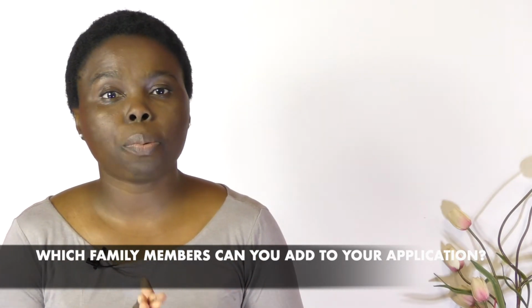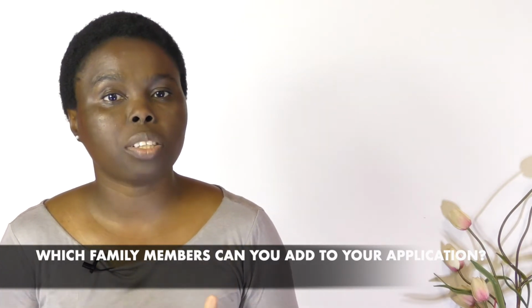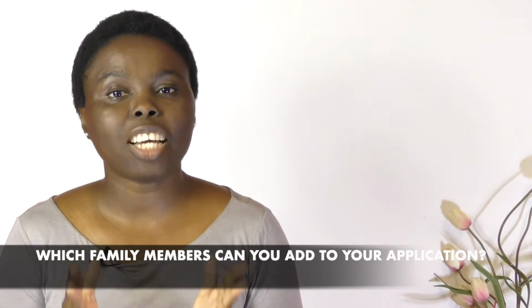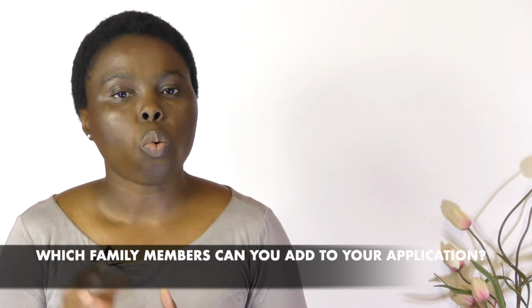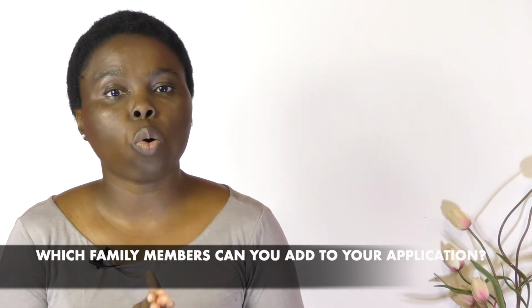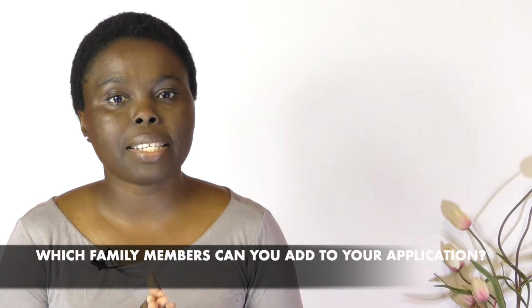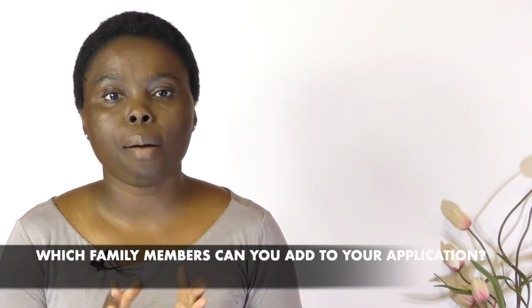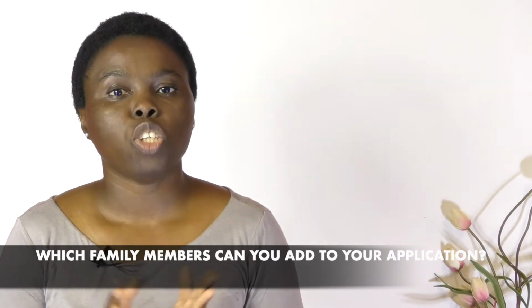If you currently hold a Subclass 457 or TSS visa and you are applying for a subsequent Subclass TSS visa, the secondary applicants who can be included in your application are one of the members of your family unit, or a person who currently holds a Subclass 457 or TSS visa that was granted on the basis that they were a member of your family unit at the time and is currently one of the following: your spouse or de